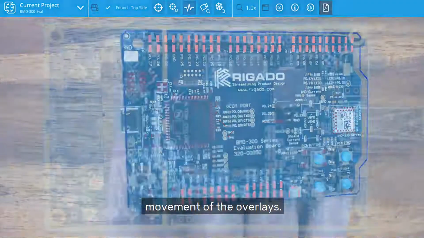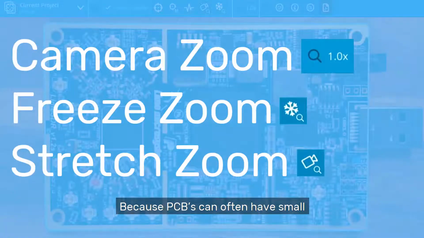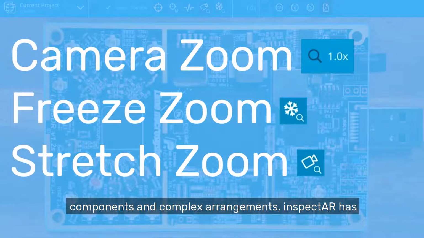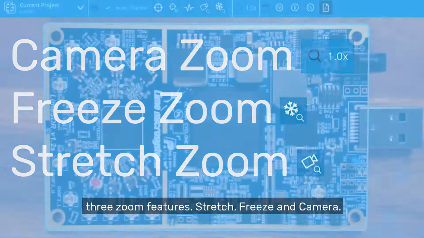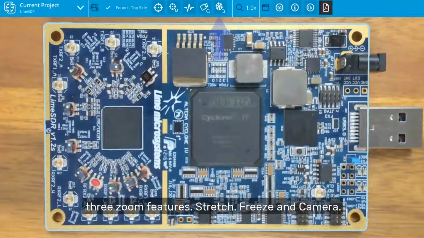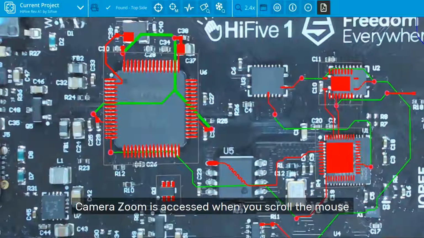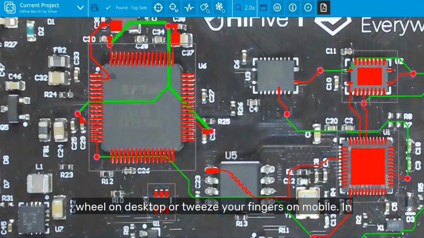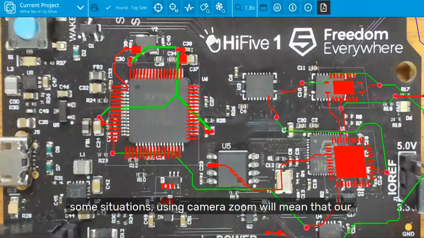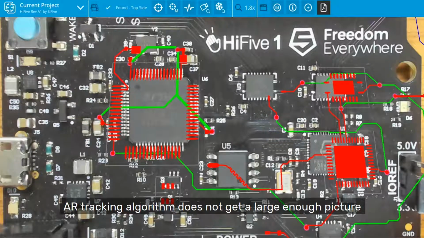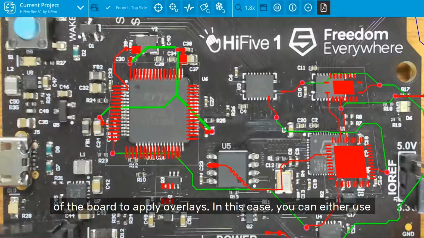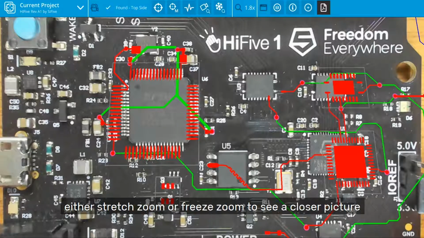Because PCBs can often have small components and complex arrangements, inspectAR has 3 zoom features: stretch, freeze, and camera. Camera zoom is accessed when you scroll the mouse wheel on desktop or tweeze your fingers on mobile. In some situations, using camera zoom will mean that our AR tracking algorithm does not get a large enough picture of the board to apply overlays. In this case, you can either use stretch zoom or freeze zoom to get a closer picture of the board